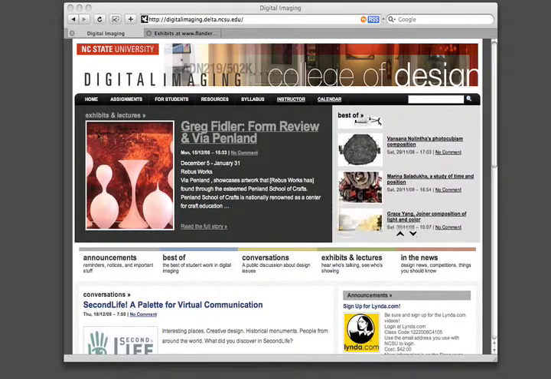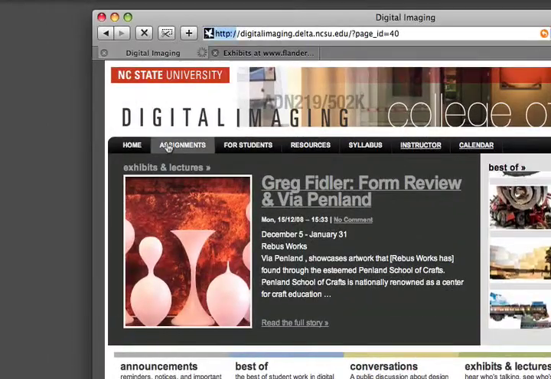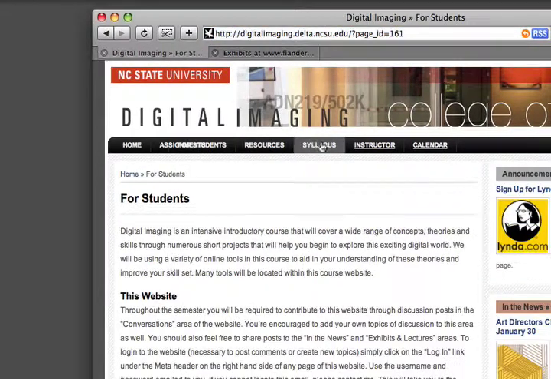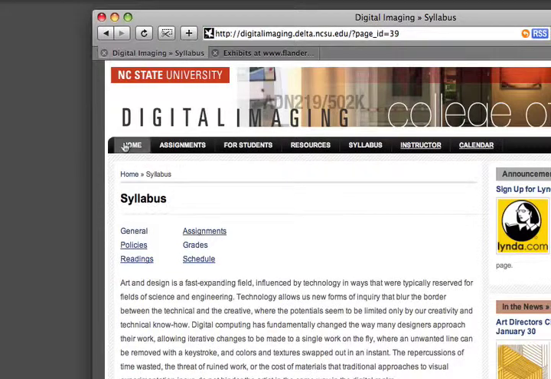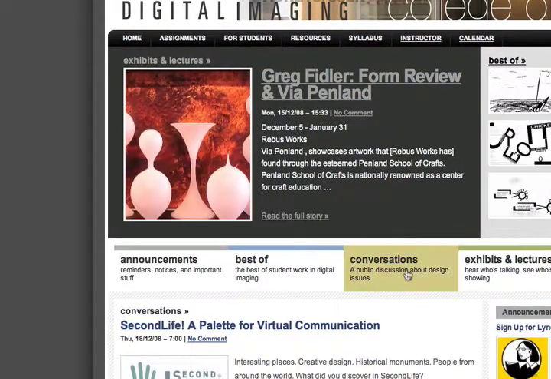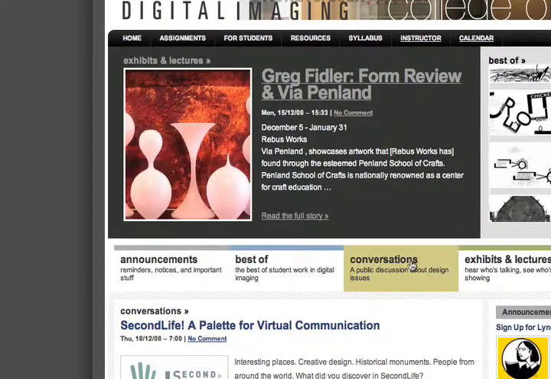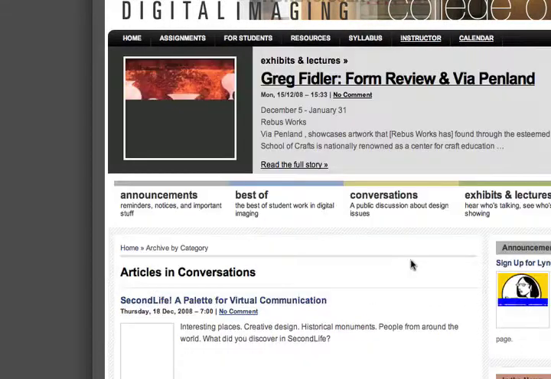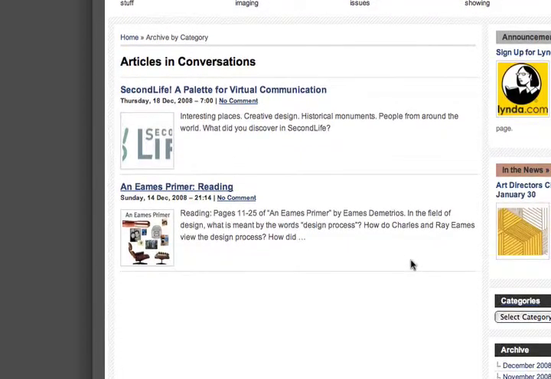There's a few features about WordPress that we can point out right away. One is that it supports pages, which are these items up at the top. This is pretty much where our course information goes. The other part of it is the blogging tool, and that's down here. In WordPress they call those categories. So you can see right here, conversations, that's one of our categories, and these are both posts inside the category